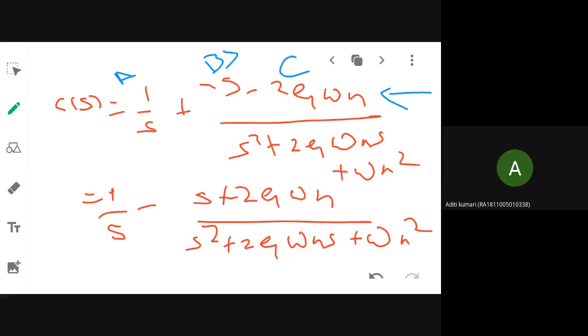So in order to do that, in this equation I am adding 1 zeta squared omega n squared, and I am subtracting the same term, zeta squared omega n squared. So if I do that, will it be making any change to the original equation or not? No. I am adding one term and I am subtracting the same term. So it won't modify the original equation. So that is all I am going to do now.